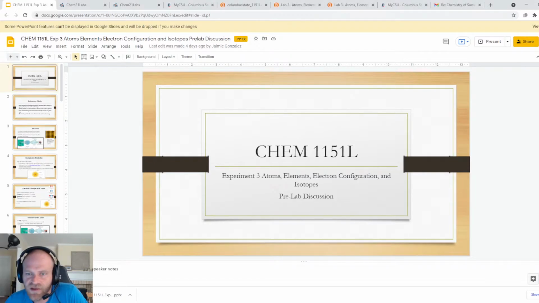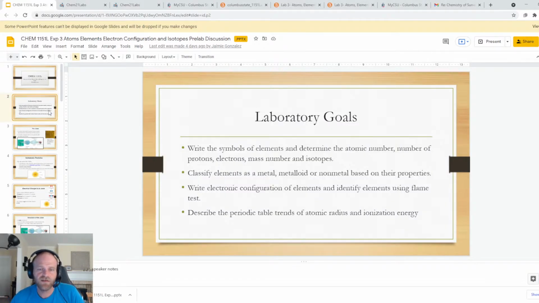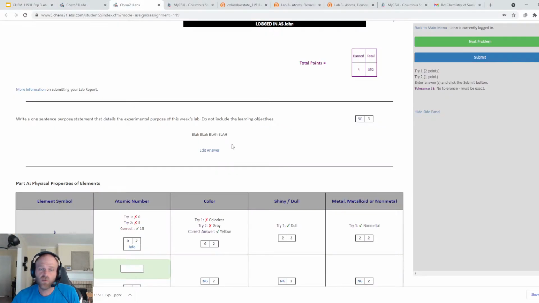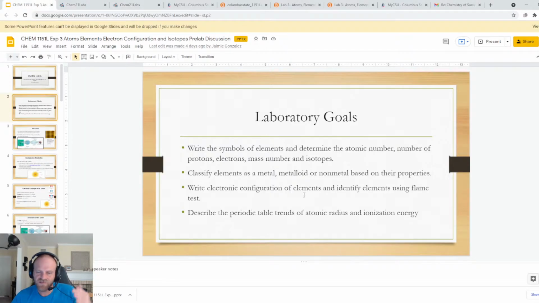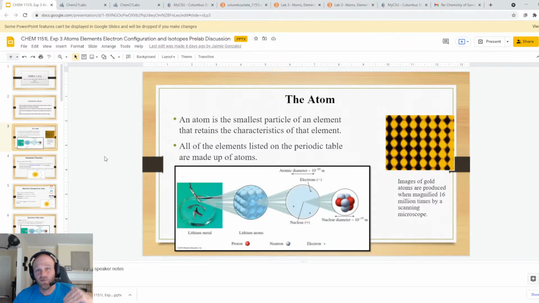Let me start with the PowerPoint. So laboratory goals. This is a good slide to kind of use to fill out your purpose statement on Chem 21, right? The one that I always put blah blah blah on right here. So these slides, if you kind of follow along, should work through in the same order that the lab does. Okay. So the atom we talked about was the smallest particle of an element,